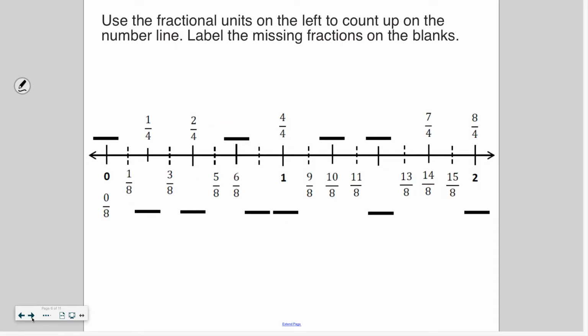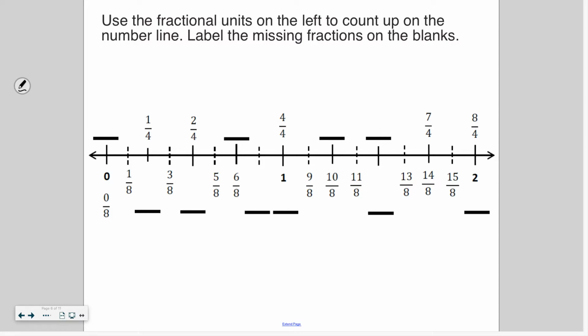So I want you to try one now. You're going to fill in these blanks by counting up on the number line. So I know it'd be a lot for you to draw this out, so I don't want you to draw them out, but I want you to write down the missing fractional parts that I would need to write in,